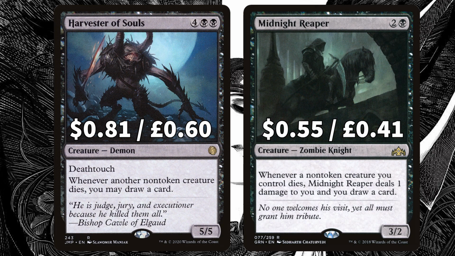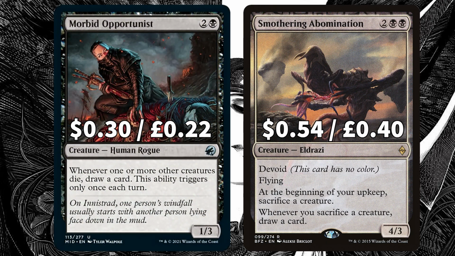We have Packed in Harvester of Souls, a big 5/5 demon with Death Touch to again draw us a card whenever a non-token creature dies, this time being any creature rather than just our own. And we have Midnight Reaper that says when a non-token creature you control dies, you draw a card and lose a life. We also have Morbid Opportunist that says whenever one or more creatures die, you draw a card once a turn,